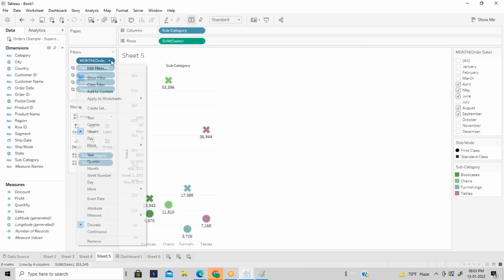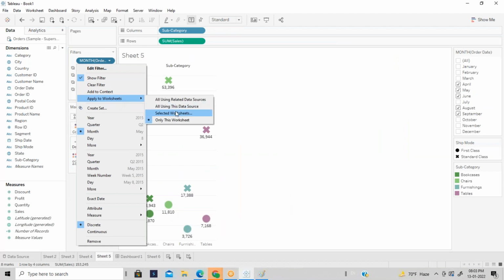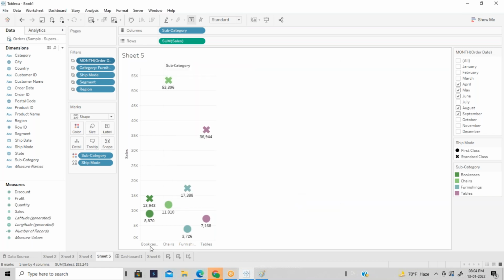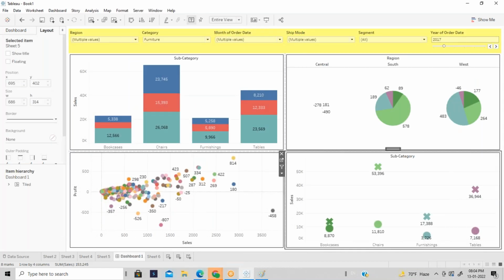Here also the month, you need to apply the filter to all the worksheets. Okay, done. So you will see this now. This is how we have to apply the filter to all the worksheets.